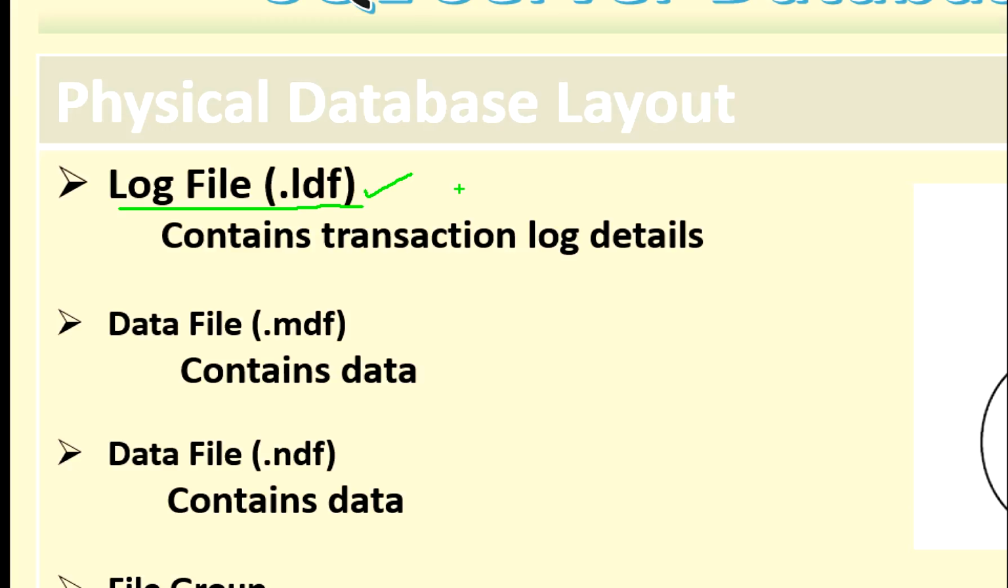Log file extension is .ldf and data file extension is .mdf and .ndf. So what is the difference between .mdf and .ndf? .mdf and .ndf both represent data files, but when we create the database initially, the first data file is created using the .mdf extension, and that is also called